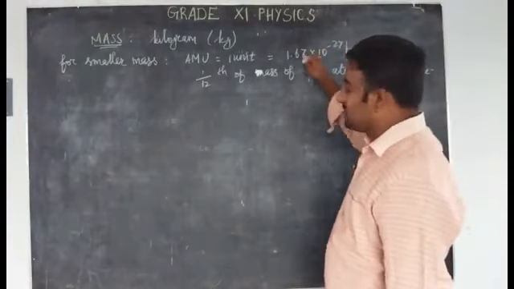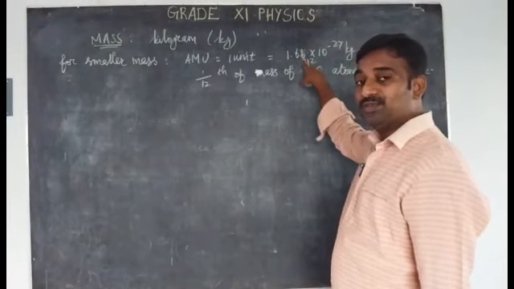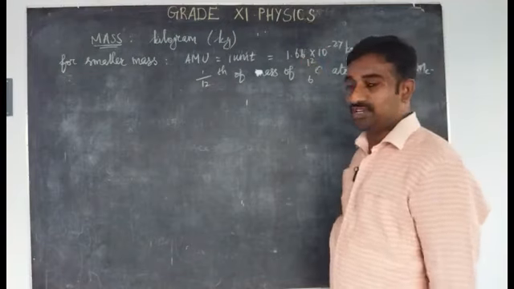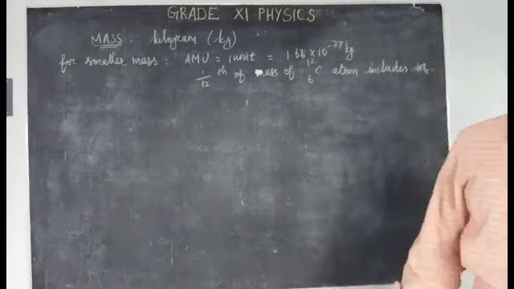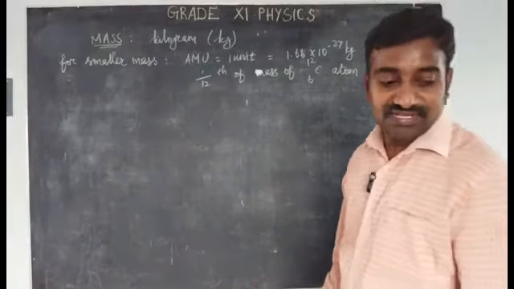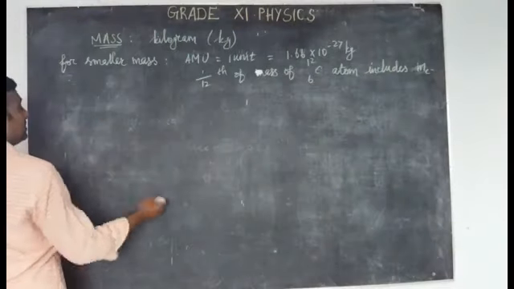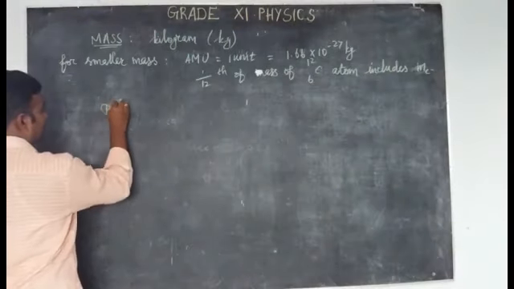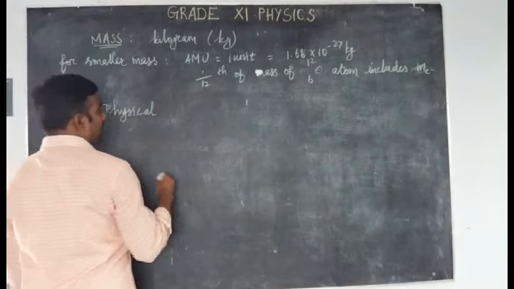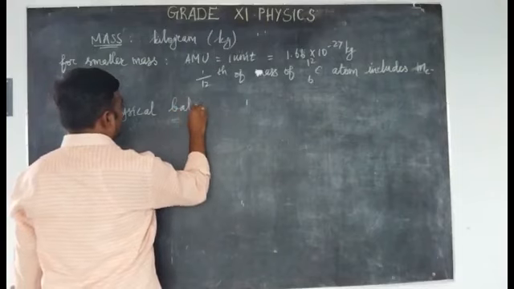They round up, but I didn't round up. In a book they have given 1.66. In some cases we may use 1.67 also. This is the value of 1 unified atomic mass unit to estimate the smaller mass. Okay. Then generally we'll use a device to measure the mass. There are two things. One is the physical balance. Another one is the spring balance.